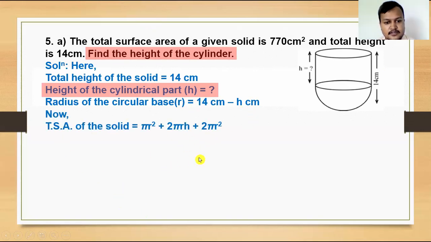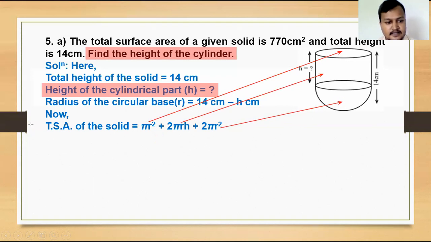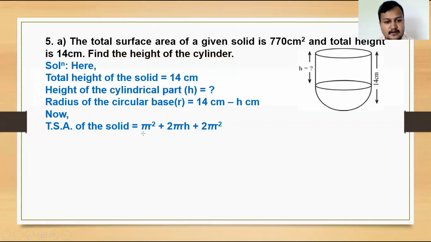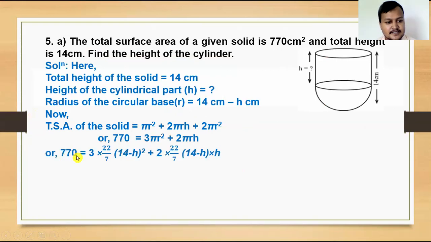Now use the formula of total surface area. As I already said, the total surface area of this combined solid is equal to the area of the circle at first, this circle, the curved surface area of this cylindrical part, and the curved surface area of this hemisphere. After adding these, the total surface area is obtained. Put values now, or at first you can take common something, whatever is possible, or after putting value also we can take common. That's your choice what you want to do.